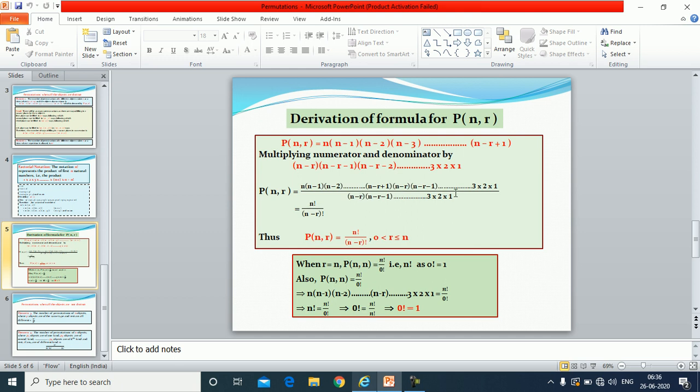Now going by the denominator, this is also product of natural numbers beginning with 1. And what is the largest one out of that? It is n minus r. So 1 into 2 into 3 and so on till n minus r. So this is n minus r factorial. Fine. So now instead of this lengthy product, we have a small expression for defining permutations or arrangements of n objects taken r at a time.